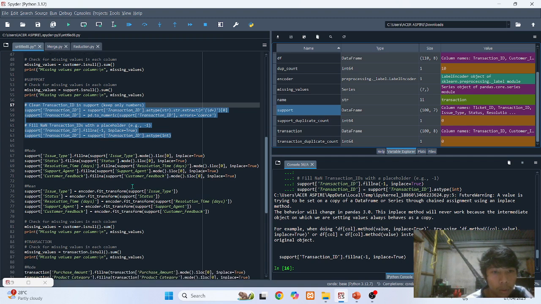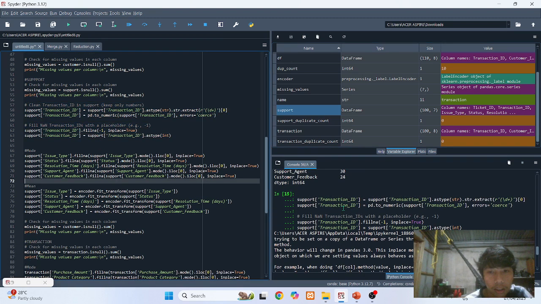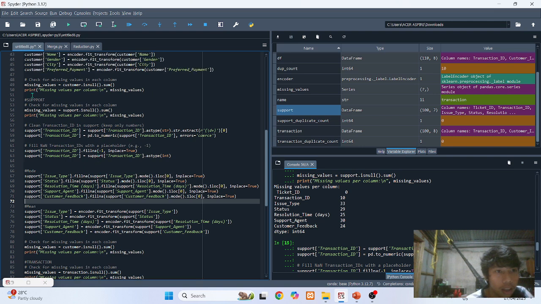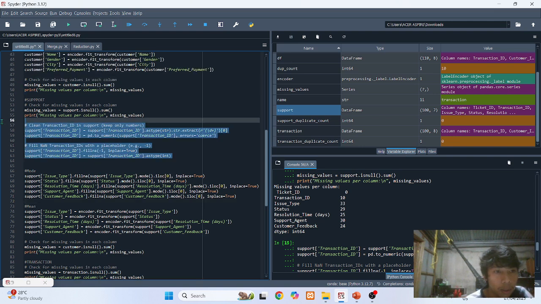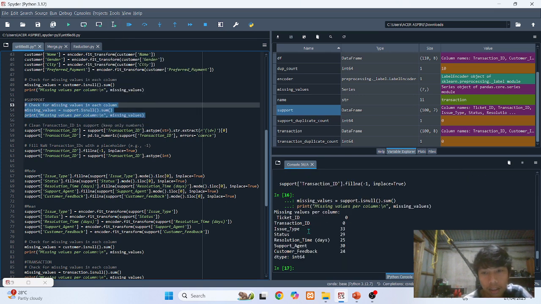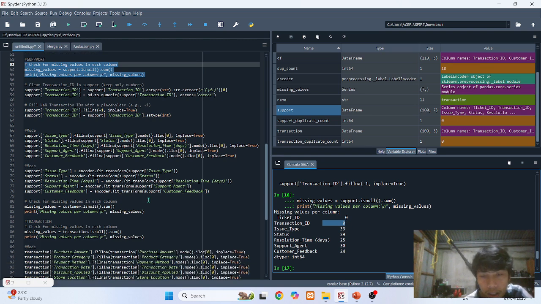Next, we perform mode on the rest of the data. First, let's check the missing values in each column. We're done performing on the transaction ID, so it should be 0 after we run this line of code. Then transaction ID is equal to 0, so there is no missing data in transaction ID.